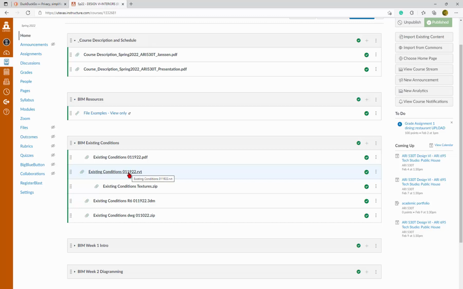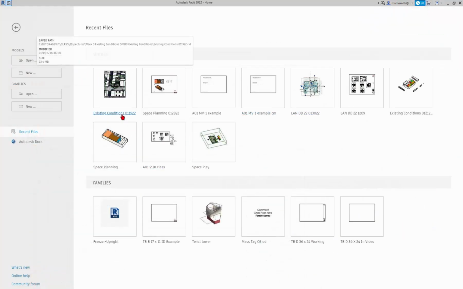We did a little space planning one, but I would start from scratch to start your own. We can talk about how to transfer the space planning conditions to your new file if you want to, or you can just use the space planning as a separate file. Alright, so let me minimize that. Here's that existing conditions file, so I'm just going to open it,